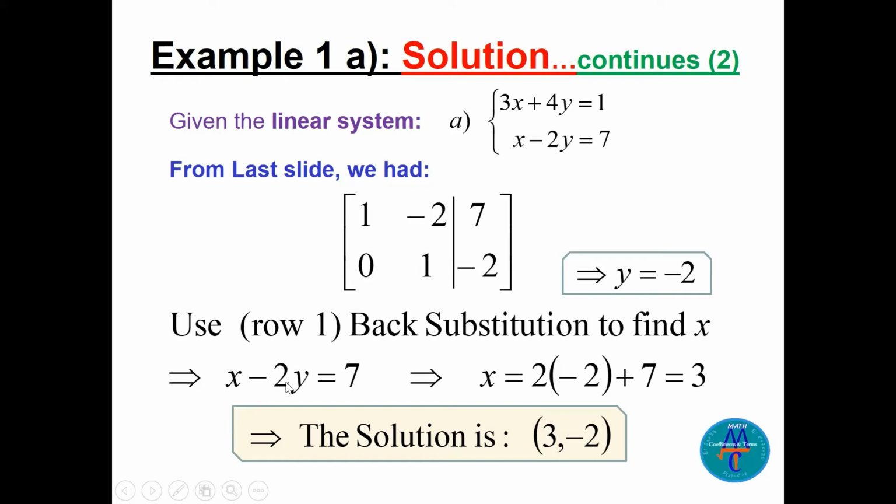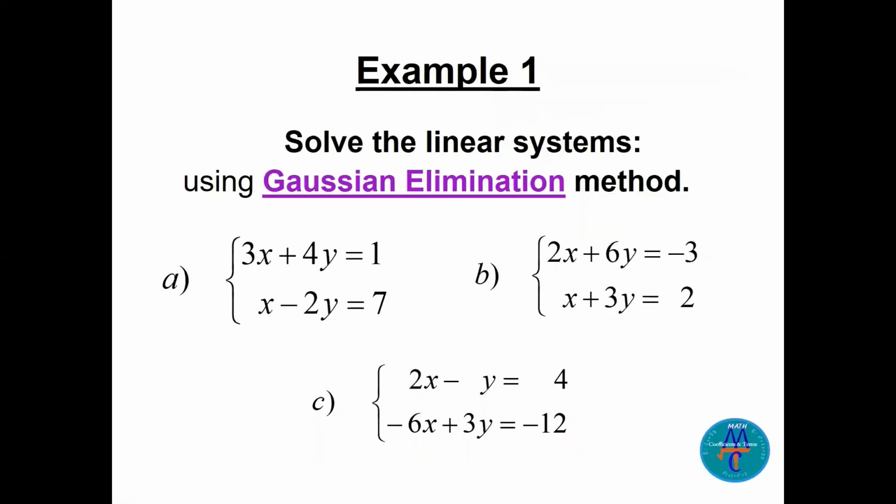Okay. So take this to the other side, becomes 2y, put minus 2. So that's minus 4 plus 7. This is 3. So x will be 3 and y is minus 2. That's the solution. Now I can give you a few seconds, please, if you like, to